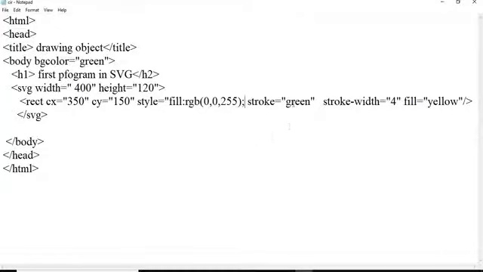Then stroke width is required here. Stroke width I will give 4. Then it is a fill.